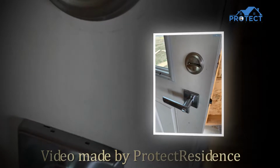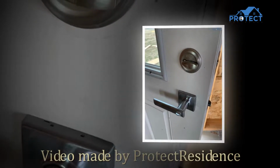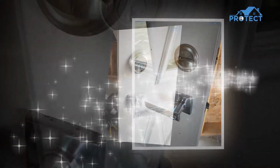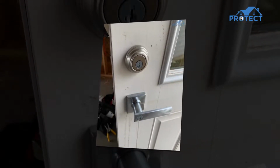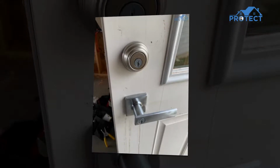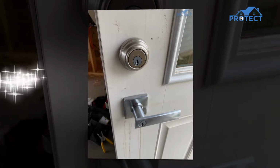Today we're going to be reviewing the Kwikset 98000-088-980 single cylinder deadbolt door lock. Move up with Kwikset Special Edition items to designer designs and superior safety. Sturdy and sexy are the 980 deadbolts. The smooth, clean appearance of the satin nickel surface brings a rustic feel to both the more refreshing palette of